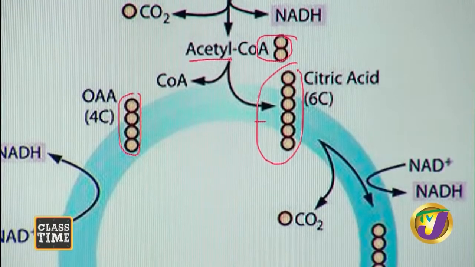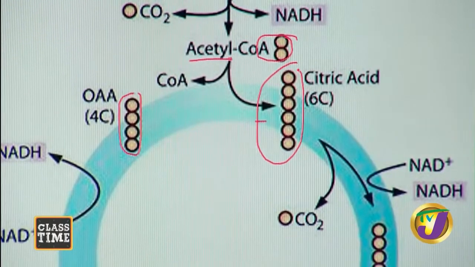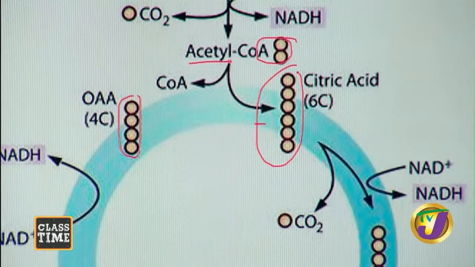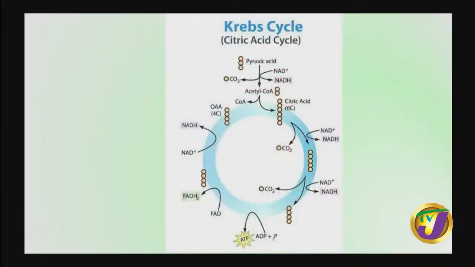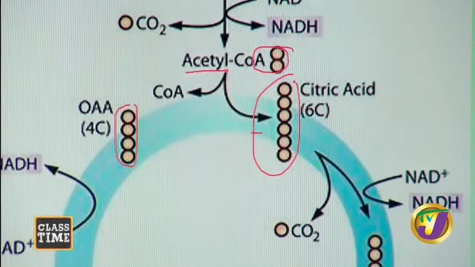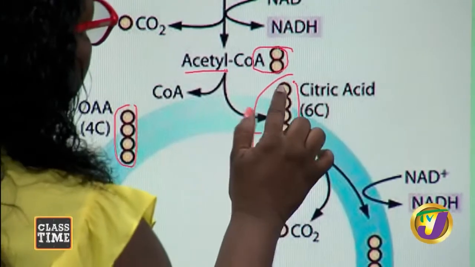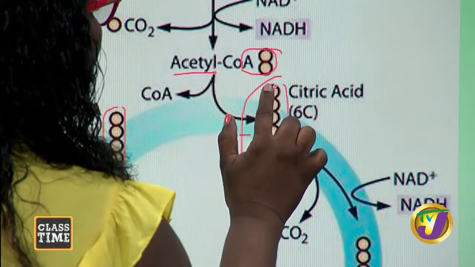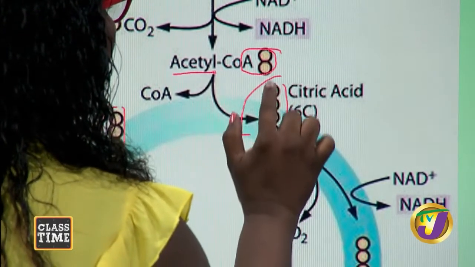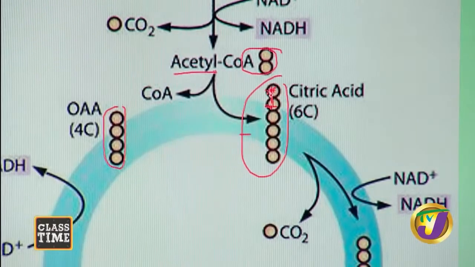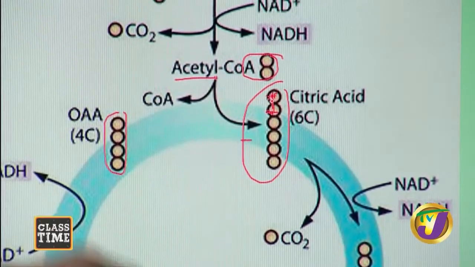This is the same acid you find in your oranges, your limes, your lemons, and grapefruit. It's the same acid, all right? And it's a 6-carbon acid. But please bear in mind, what I usually do is color two of the carbons in the group, just so you can remember that these two carbons are coming from